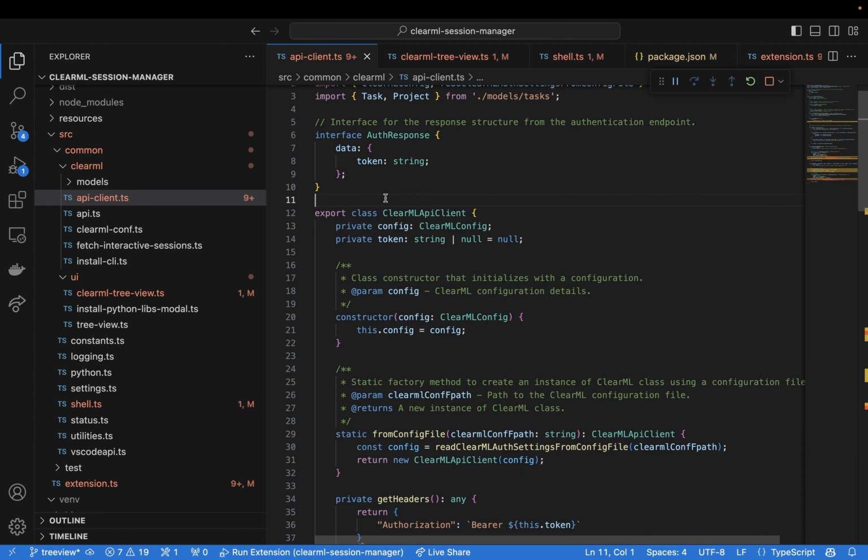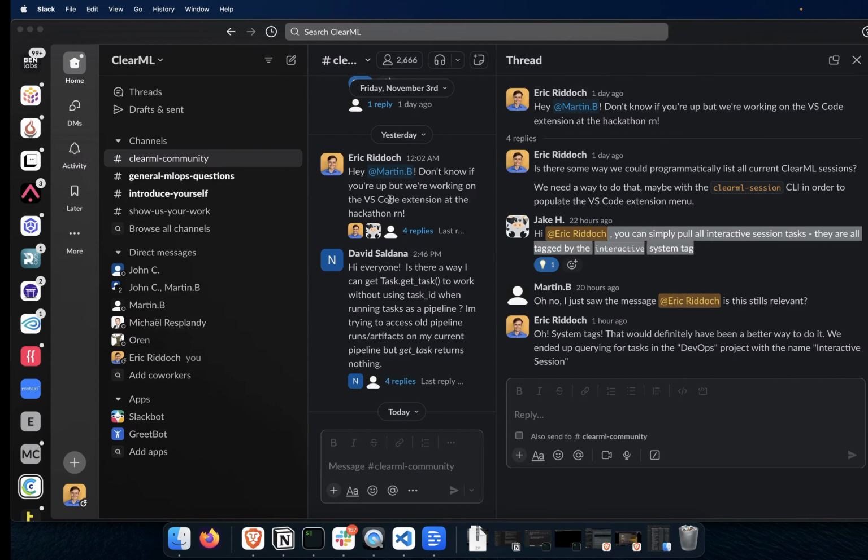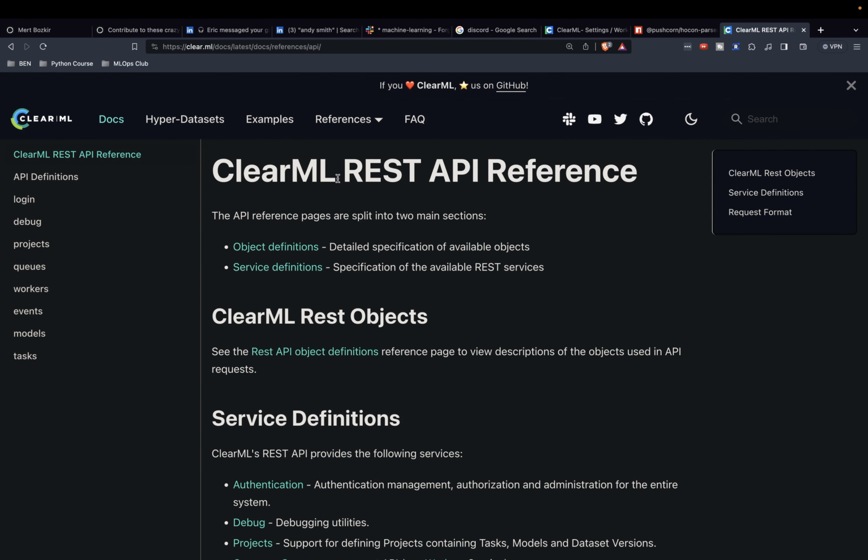Okay, so that was the heart of the work that Jordan and I did together, because Jordan and I did exploration of what the various ClearML endpoints are and how we can get this data off of them. So there was a lot of work figuring out how to auth with ClearML and how to hit it. And I was just about to show you that this ClearML REST API reference was very helpful to us during that process. For example, when we wanted to query tasks, it was fairly easy to find that here on the